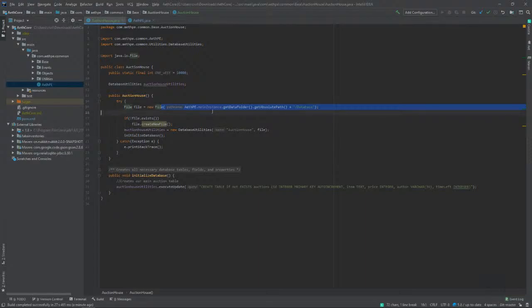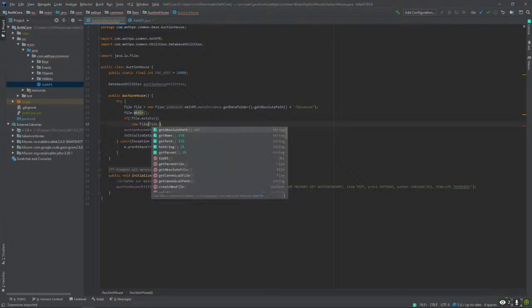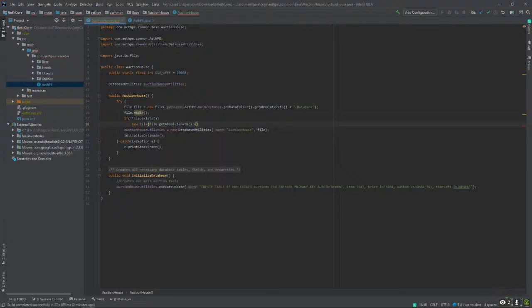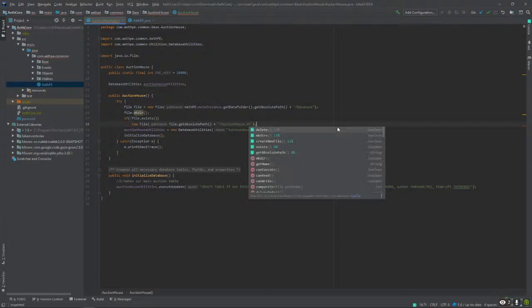So file.makedir, and then new file of file.get absolute path plus /auctionhouse.database dot create new file.